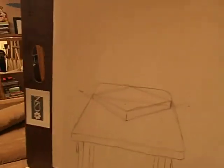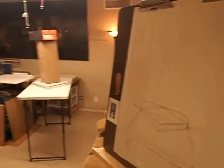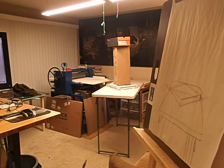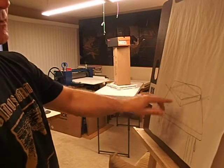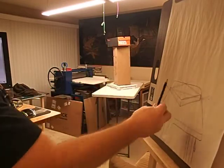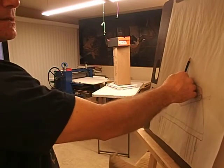So just with visual sighting, artistic license, I've established where the corner of that box is at. And then by doing that, I can now start putting in that box. Remember, this measurement for the length of the table, this scale is different, and basically this equals one pencil length here. So I'm going to put the butt of my pencil at that dot where the corner is, make the line,